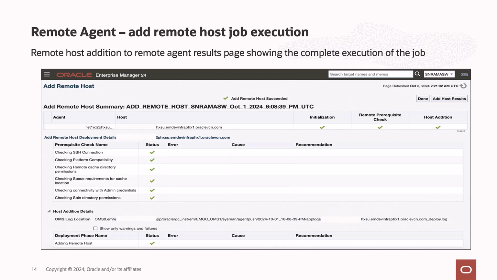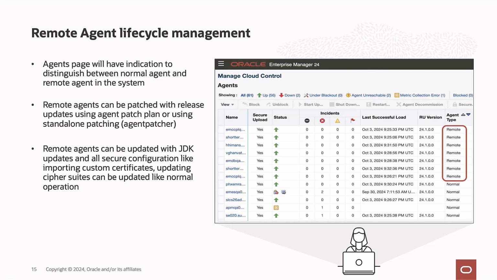So once you submit the add remote host to remote agent, the job gets submitted, and here you can see some of the prereq checks that get executed. You can verify if there are any failures, fix them, and retry, and you can see that all the steps are executed and the remote hosts are added to the remote agent for monitoring. So at this stage, the remote agent is deployed and the remote host is added to the remote agent for monitoring. Now let's move on to the next step